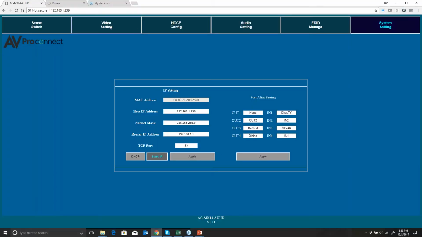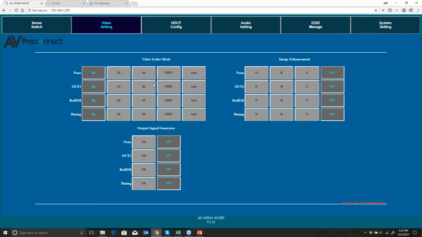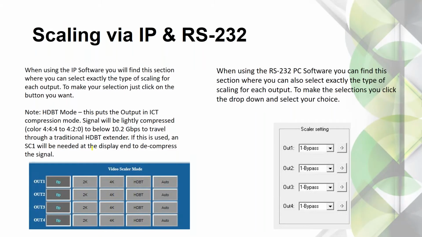In IP and RS-232, here's the screens. Here's the real screen. If you notice here, they're all in bypass mode now. I have all 4K TVs, but I could have the output set to 2K, the output set to 4K, or the output set to HDBaseT or auto. If I set it to HDBaseT,